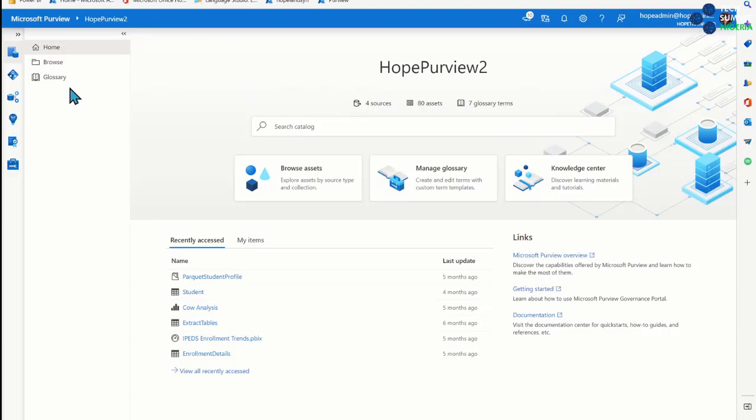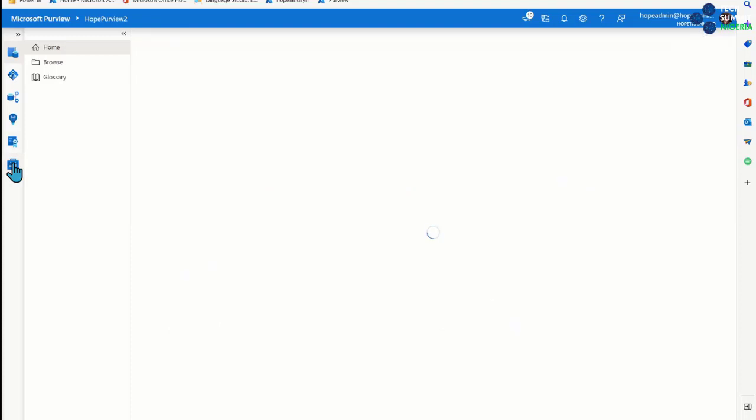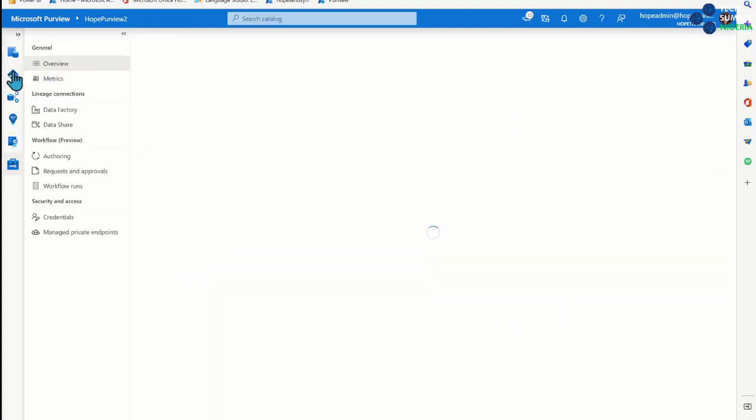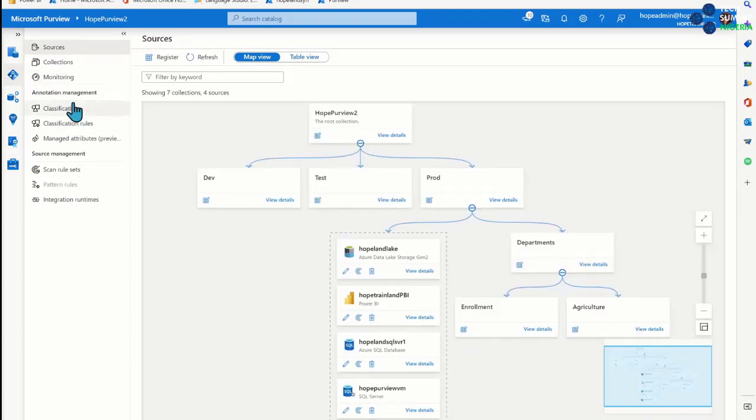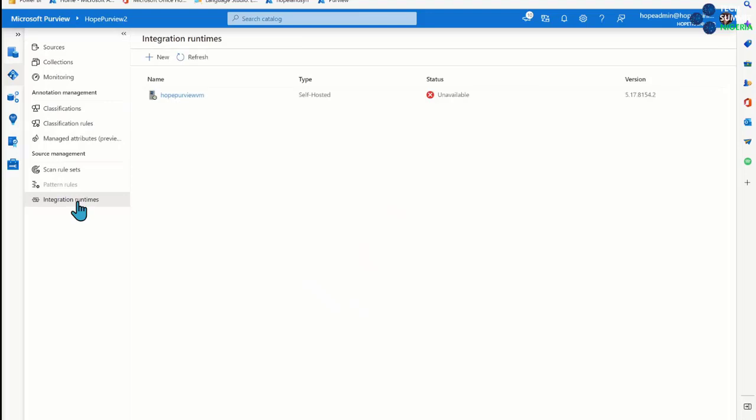So we've set up our account. We also need to set up something called a self-hosted integration runtime. And I always click there because it's where it is in Synapse, but it's not there. So the self-hosted integration runtime, anything that's Microsoft related that has to reach into private networks more than likely has something similar to this. The self-hosted integration runtime is used with things like Synapse and Data Factory. You're going to set it up in your environment close to that SQL server. It doesn't have to live on the same machine, but you're going to want to set up just one machine that can talk to your private network on-prem SQL server.